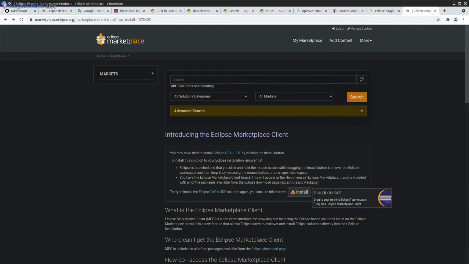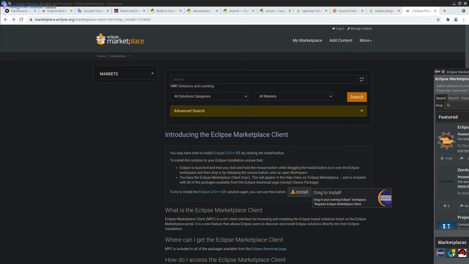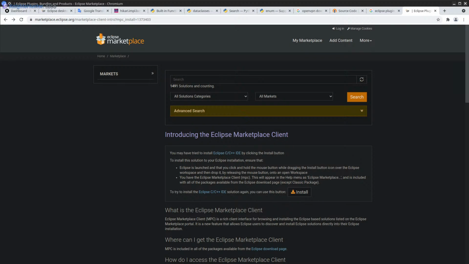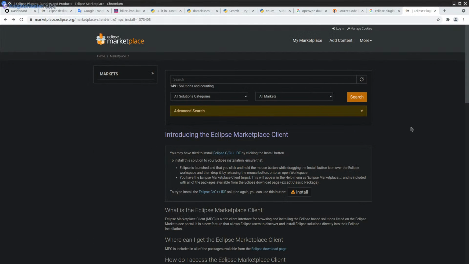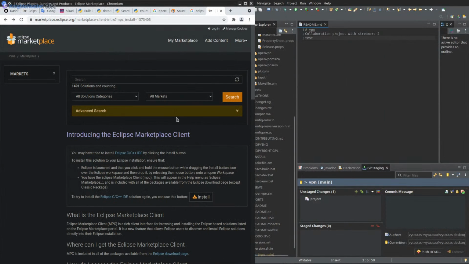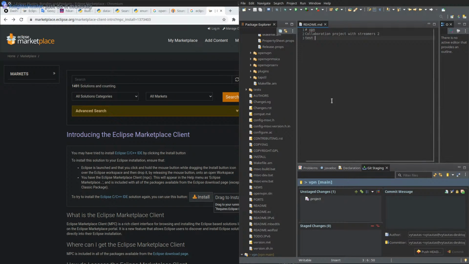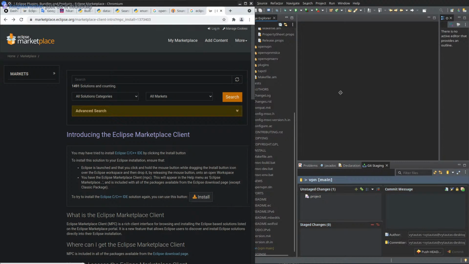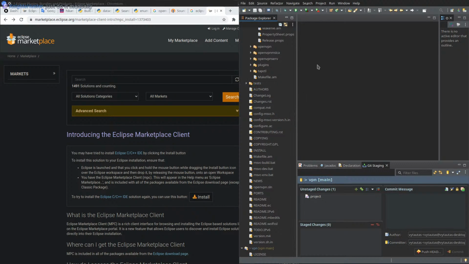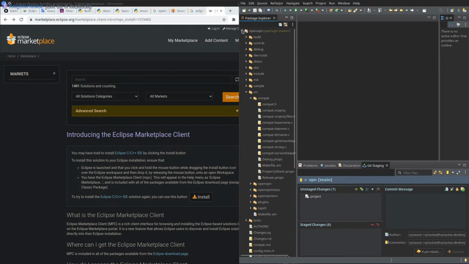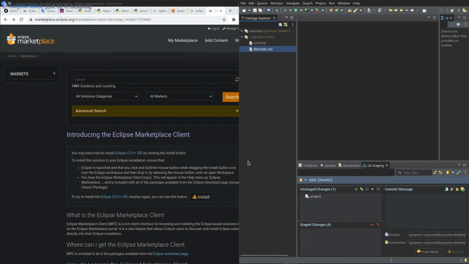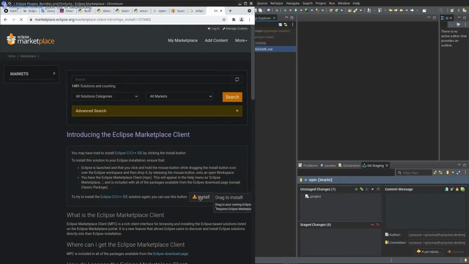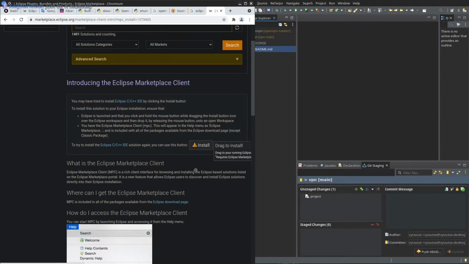Why is Eclipse Marketplace not working? It worked before. Just do it manually. Yeah, I guess so. Well, it doesn't really say the name.